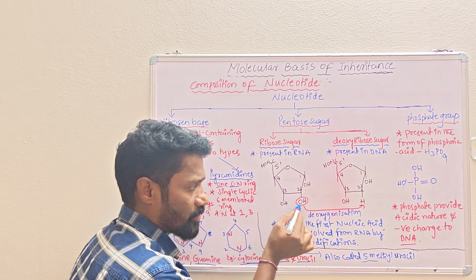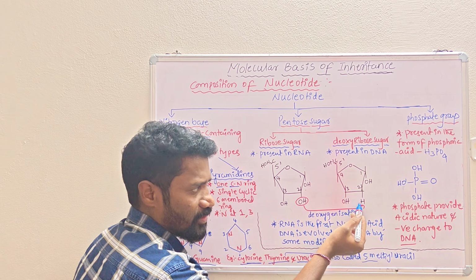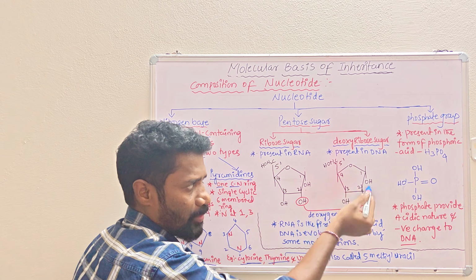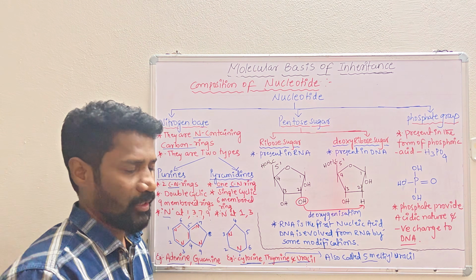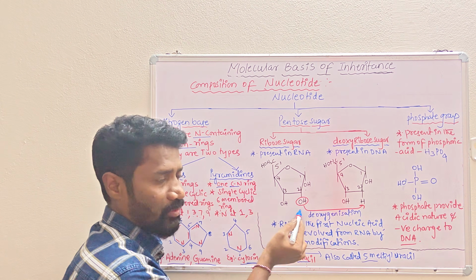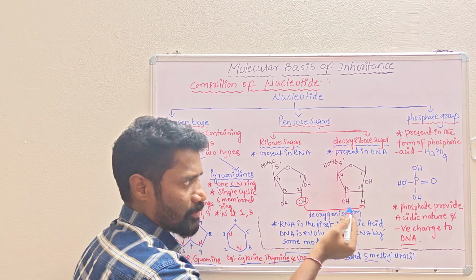If oxygen is present at the second carbon, it is called ribose. If oxygen is removed and only H is there, it is called deoxyribose. Very simple idea. If an additional OH group is present at the second carbon, the sugar is called ribose. If there is no oxygen at the second carbon, the sugar is called